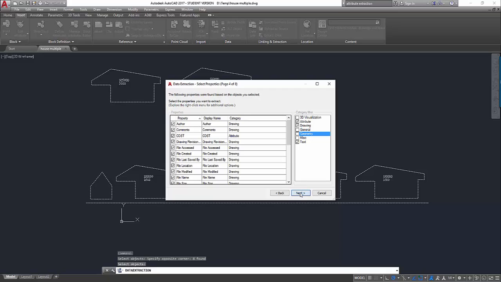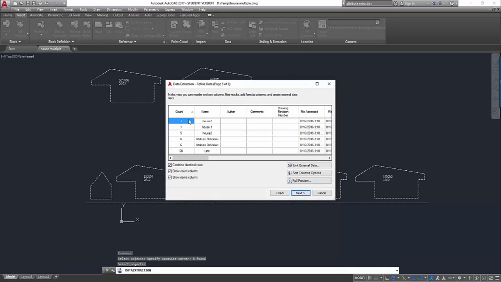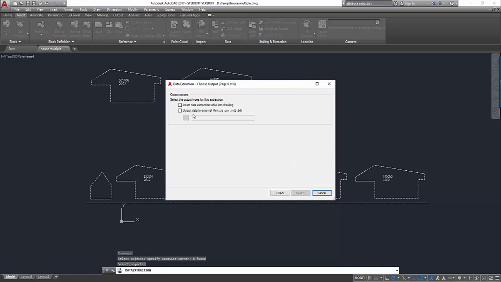We'll hit next. And it's now created a data file for us. And it tells us what the different attribute information is and that there's 6 different attributes. There's 5 house 2s, there's 1 house 1, and we'll go ahead and we can do a full preview. We can link to external data sites if we need to, and we'll choose next. And insert data extraction into a drawing or output the data to an external file. So I'm going to go ahead and output it to the D: temp